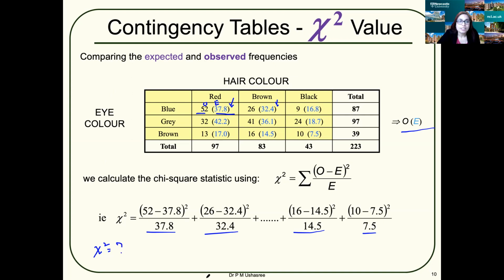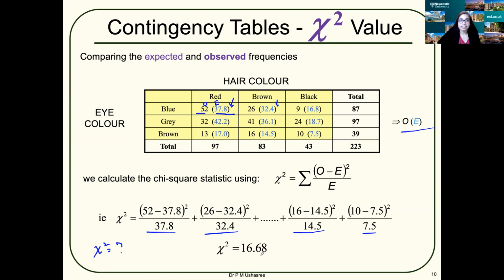Very good. So you got 16.68. Good. So what does this mean? We have a chi-square value now. Then what will be the next step? We have to compare this with the critical value, just like how we did in part 1.